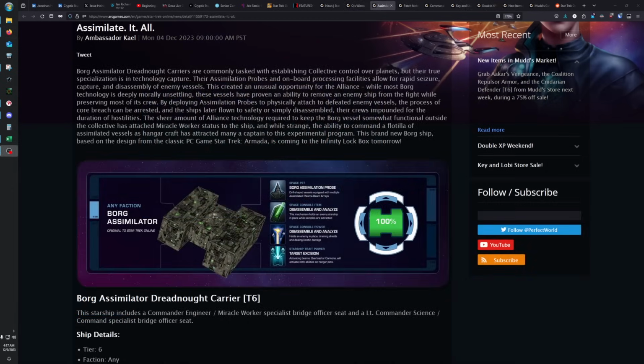And alongside the winter event, there was an Infinity Lockbox update for both PC and console. For those of us on PC, the Borg Assimilator Dreadnought Carrier was added in, and having now tested this, I can safely say that the accessories on this ship, the hangar pet, the console, and the starship trait, were quite disappointing to me. However, the ship is fun to fly, especially for those of you that have been waiting for